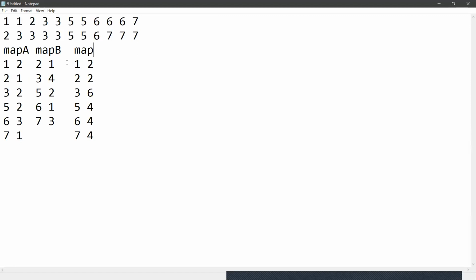So now I have to check all valid cases. If map A equals map B, then I have to return 0 because they are already identical in nature. But I have to check the -1 test case. If any key's value is odd, like this element 3, then I have to return -1 because this 3 can never be divided into two equal parts. So they return -1. Otherwise, they proceed to follow the condition. So they make the fix.